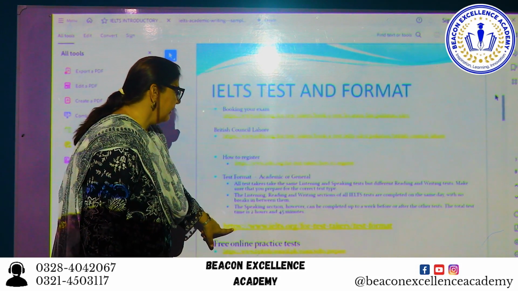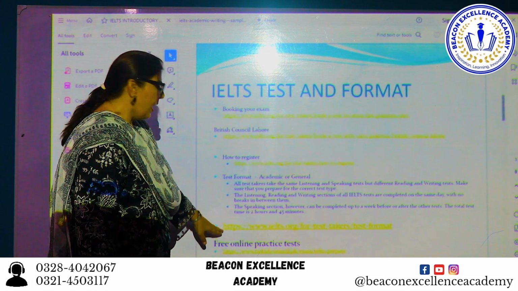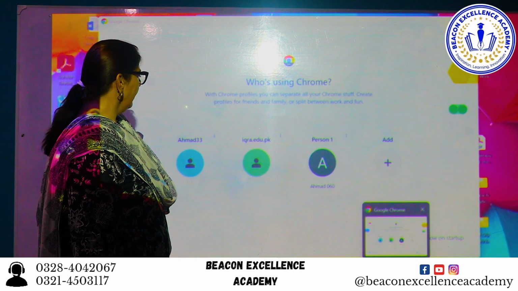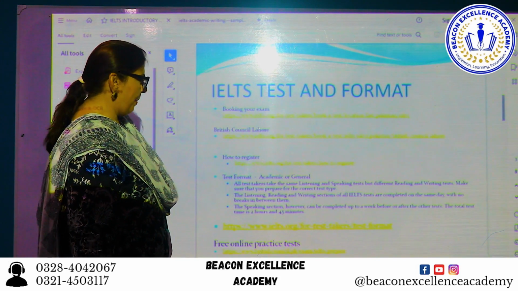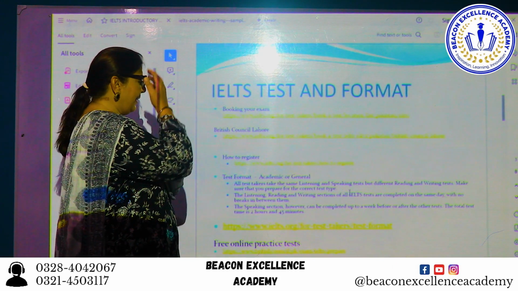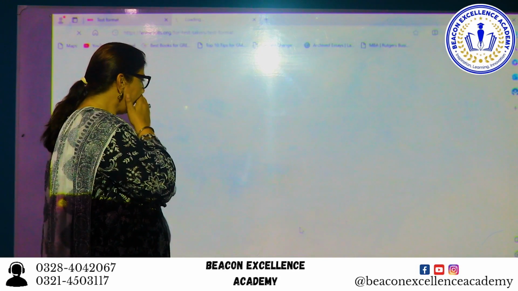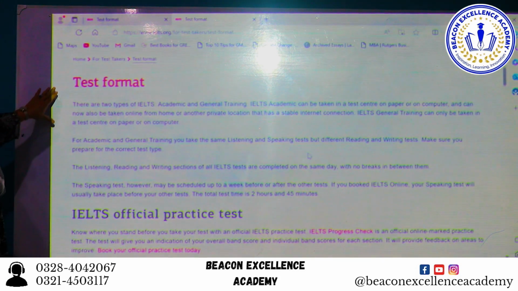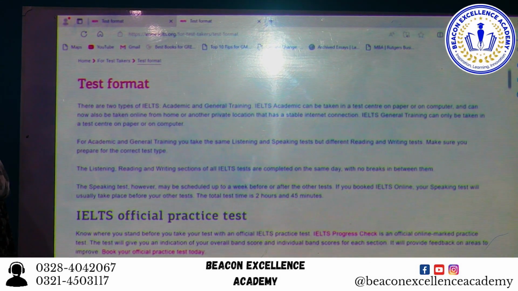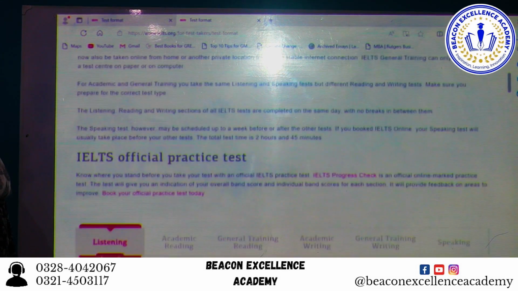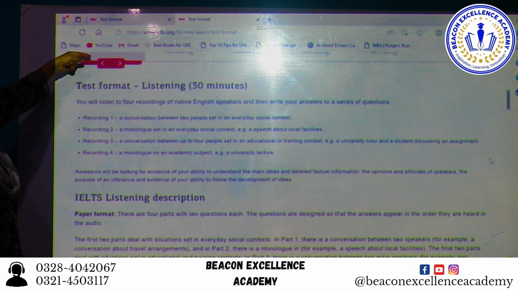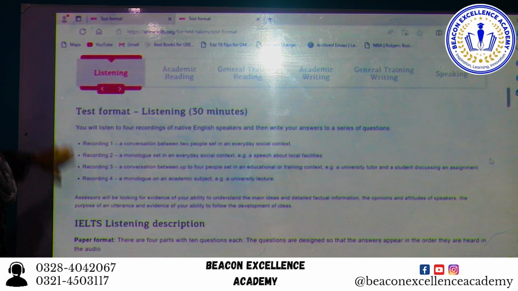So on this one, I'd like to review the test format with you so that you get an idea of exactly what each module is. If we can just go a little bit lower on this page, please. Oh, and that's a little bit high there. So,